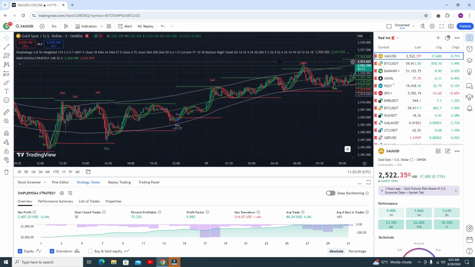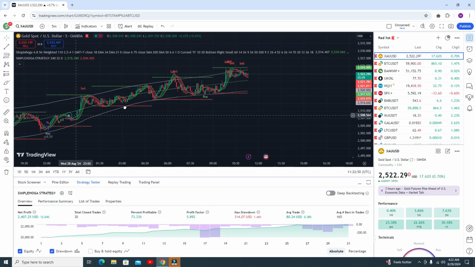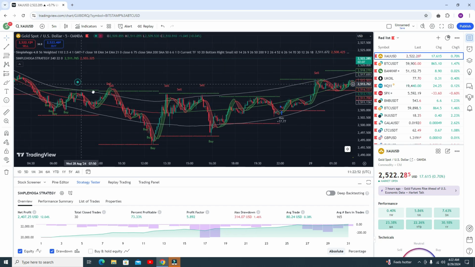So the strategy is, whenever you get the buy signal, you need to wait for the candle to touch the lower band line. Like here you can go for the buy trade, you can book your profit here. Another buy trade. Okay, these are signals on the second indicator. When the candle touches the lower band line, you are getting a buy signal. So this is the most accurate buy signal, and you can book your profit here. Let me show you some more examples.